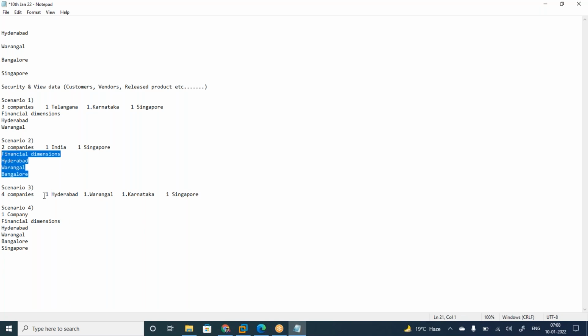If I don't want Hyderabad customer data or vendor data to be seen by Warangal people, if they want restrictions, you can create 2 companies separately. You need to discuss with the client properly how they want to look at their data, and based on that, take the decision.